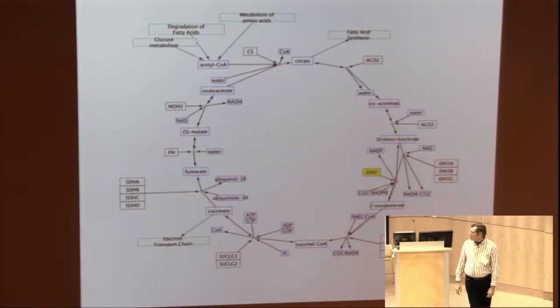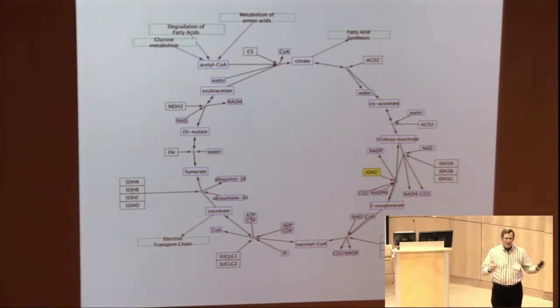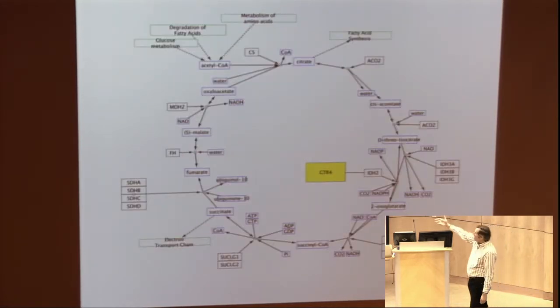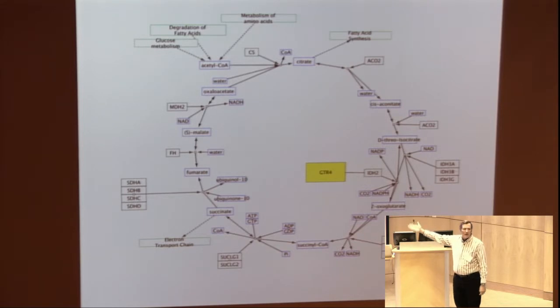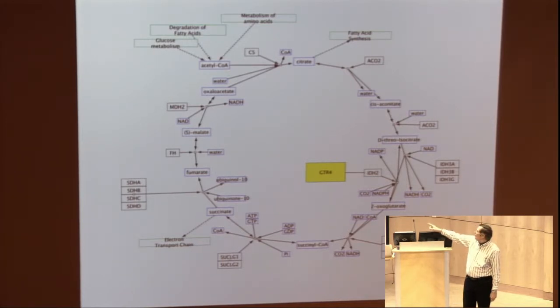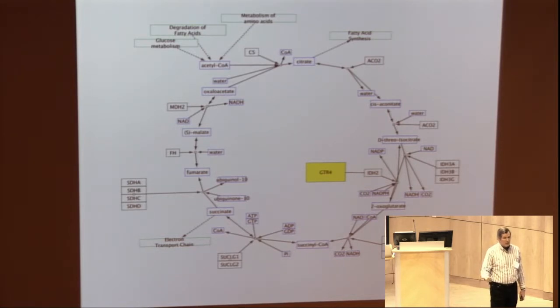Here's an example, IDH2. Everybody should be aware that this is involved in certain kinds of cancers. We know that. What we'd like to do is explore this a little bit, explore what happens if I pull down one single node. I had to hand do that and get it in just right. It'd be great if this was more automatic. The problem is this tells me a little bit of information, but now what I really want to know is what changes between this pathway with IDH2 unmutated and the pathway with IDH2 mutated, right? That's a piece of data that I don't have. I don't have a good way to visualize that on this.